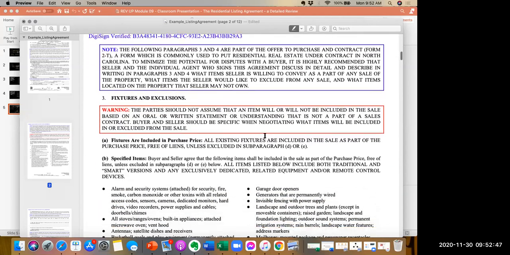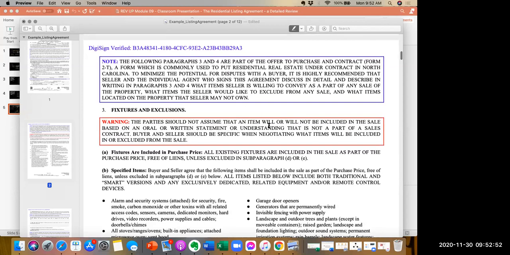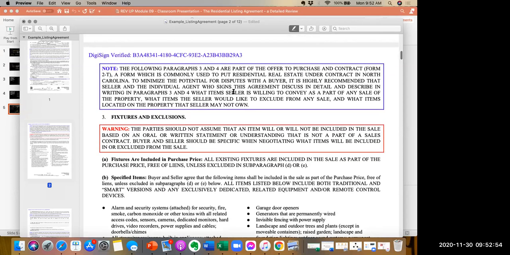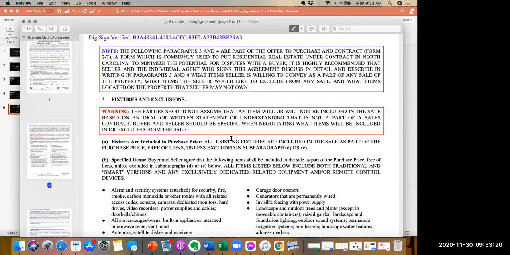Now, number 2, again, we have this blue box with a big note. That means you really need to read this and advise your client. The note basically says the following paragraphs 3 and 4 are part of the offer to purchase contract, a form which is commonly used to put residential real estate under contract in North Carolina. It is highly recommended that seller and the individual agent who signs this agreement discuss in detail and describe in writing in paragraphs 3 and 4 what items seller is willing to convey as part of any sale of the property,